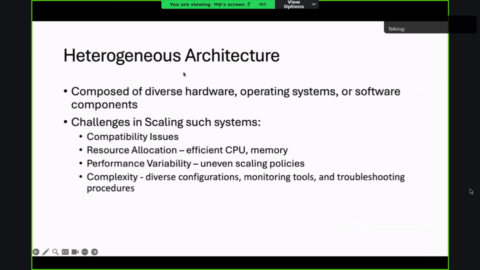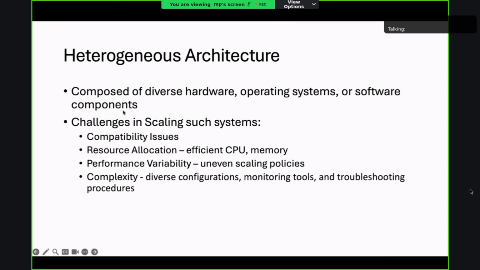Coming to the heterogeneous architecture, it is composed of diverse hardware, operating system, and software components. This is the diversity of the heterogeneous server, and it may include physical, virtual, or cloud-based containerized instances, as well as different operating systems, databases, programming languages, and middlewares.